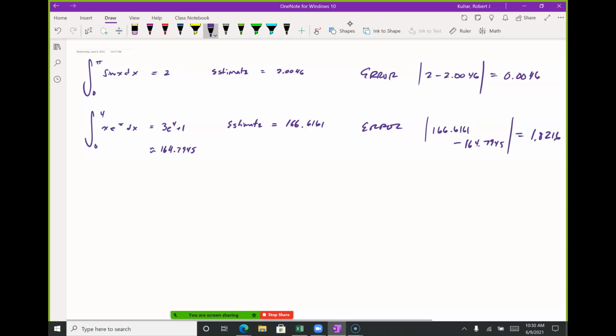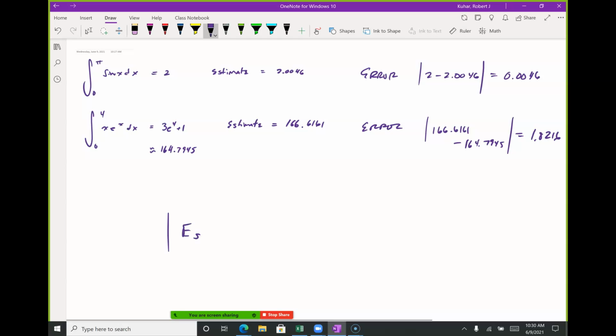Nice. So let's look at our error estimate and then be ready to go. Our error estimate for Simpson's rule, which we're going to put on our formula sheet. This is in 5.9. And again, I'm not giving homework in 5.9. WebAssign assigns enough, okay? Our error for Simpson's rule is